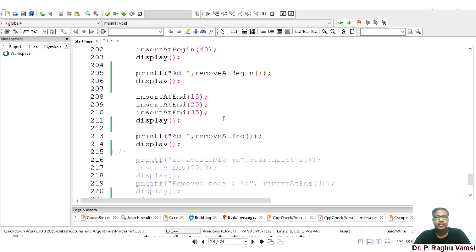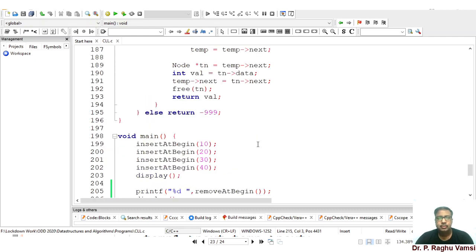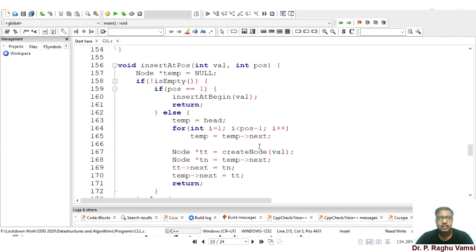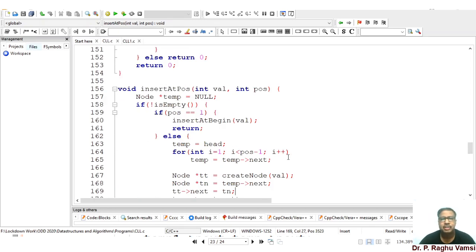For that, the supporting function also needs to be modified to suit the circular linked list arrangement. Next, we are left with inserting at a particular position and removing the node at a particular position. Now we'll see inserting an element at a particular position. In this case, much effort is not required, because the single linked list function can be used here with small modifications.